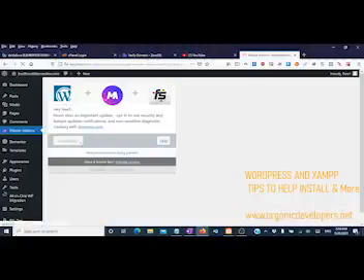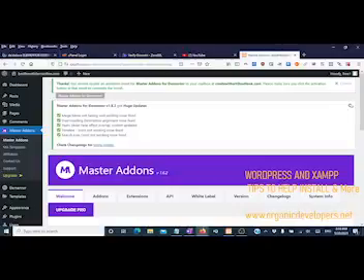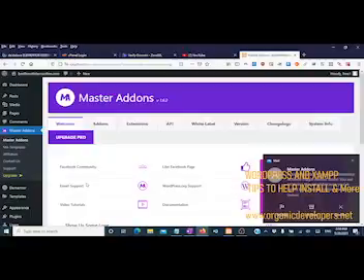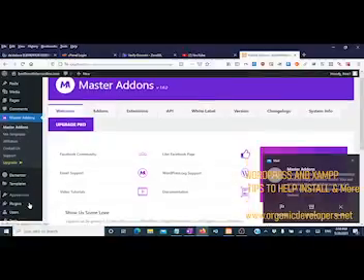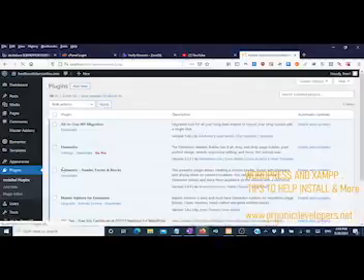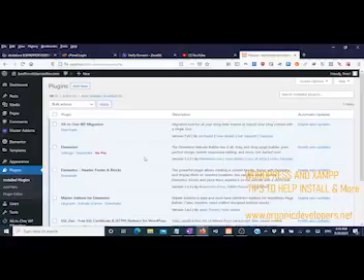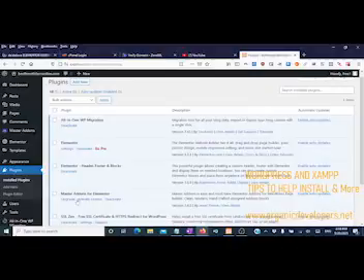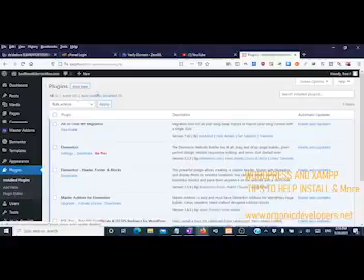Okay, bam. Then I just dismiss. I close everything real fast so I don't have to look at it and then get the hell out of there and go back to plugins. Just got an email. They're letting me know that they are happy I installed their plugin. They sure are, because I've done it a million times. So that's Master Addons. And then last but not least, just for now, we might add some more, but just to get going, I'm going to install one more called